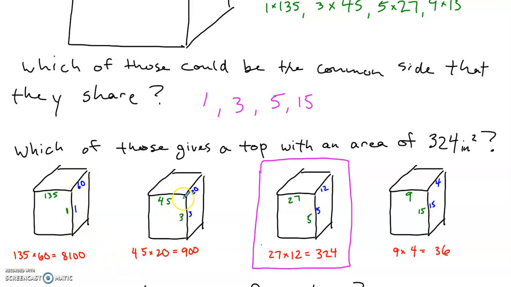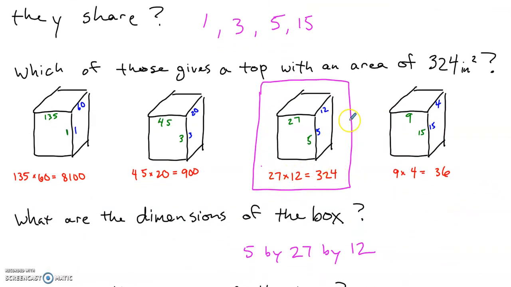And then this one, if they share a side of 3, then this is 3 by 45, this is 3 by 20, so the top would be 20 by 45, and that area is way more than the one I have. This one, however, if that common side they share is a 5, then this face is 5 by 27, this is 5 by 12, and the top is 27 by 12, which is that area of 324. And last, 15 by 9, 15 by 4, and 4 by 9 is 36, so I can rule that one